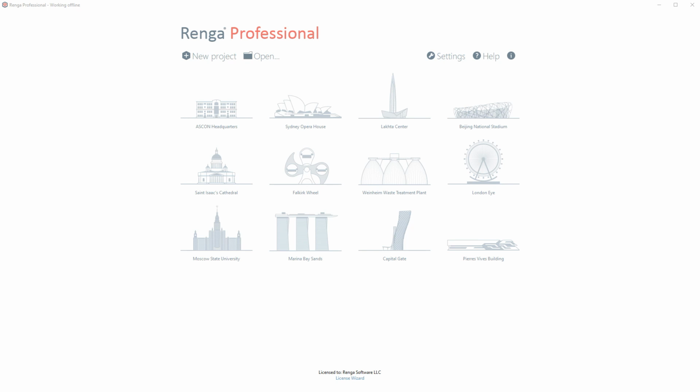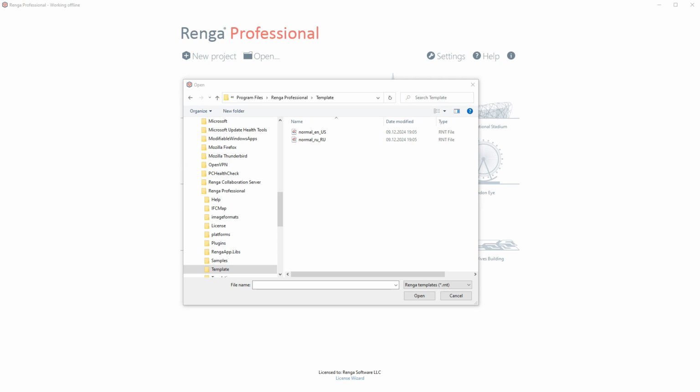When you launch Renge, you see the Start page. Here you may choose either create a new project or open an existing one. You may open projects that were created not only with Renge application but also with third-party ones. The following formats are supported: Renge File RNP, Renge Templates RNT, Industry Foundation Classes IFC.